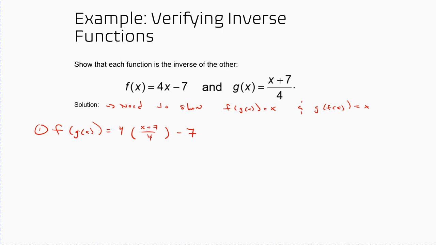Well, look what happens. The 4 cancels. So you're just left with x plus 7 minus 7. Look, that's just equal to x, right? Because 7 minus 7 goes away. And then if you look next, if you look at g of f of x,